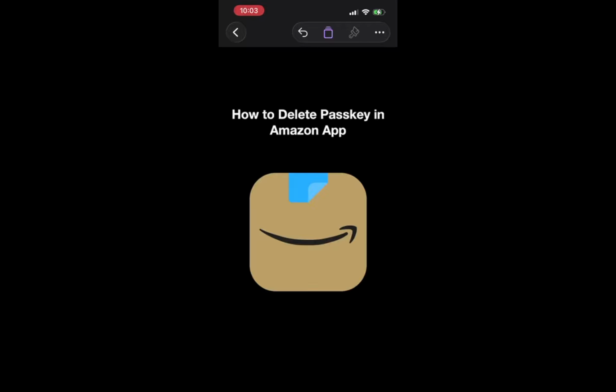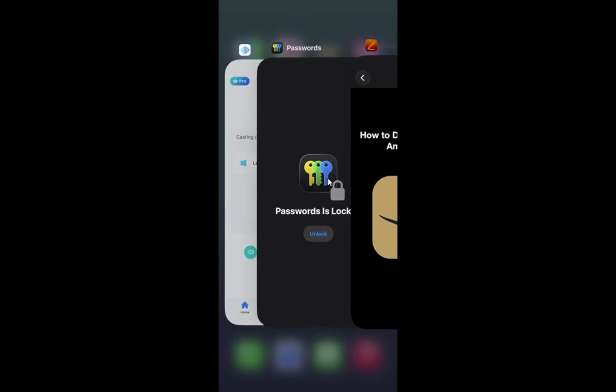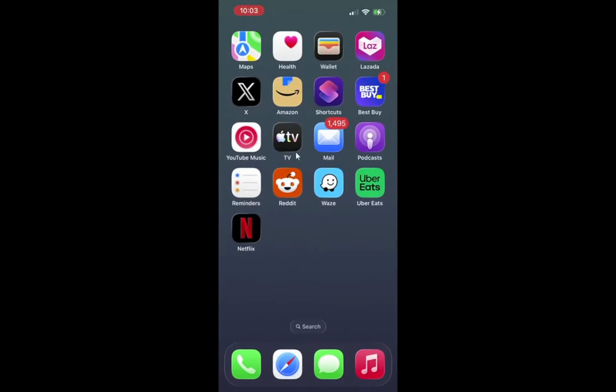In today's video, I'm going to teach you how to delete Passkey in Amazon app. We will walk through removing the passkey from your Amazon account and then from your device so it can no longer be used. First, open the Amazon shopping app on your phone or sign in to Amazon in a web